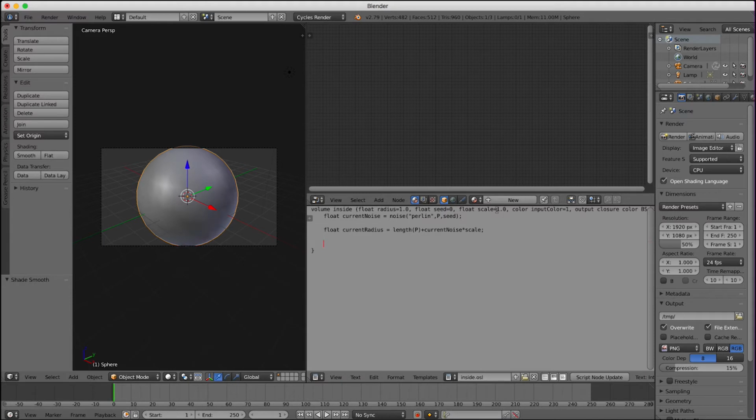Now, the way that we want this to work is we want to look at this current radius, and if the current point that we are looking at, which is P, is within the bounds of this current radius, then we want to show that particle. However, if it is outside the bounds, so beyond the radius, we do not want to show it. So for this, we will have an if statement. If the current radius is less than the radius we set here,